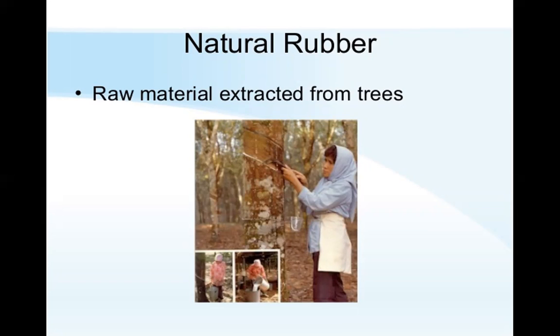That is, the sap flows from the trunk of the tree. Spiral grooves are made on the trunk and the latex flows and is collected into small vessels. Then the latex is emptied into buckets and transferred to the factory for processing. Tapping is usually done at intervals of 6 months. It should not be done every day or every month.